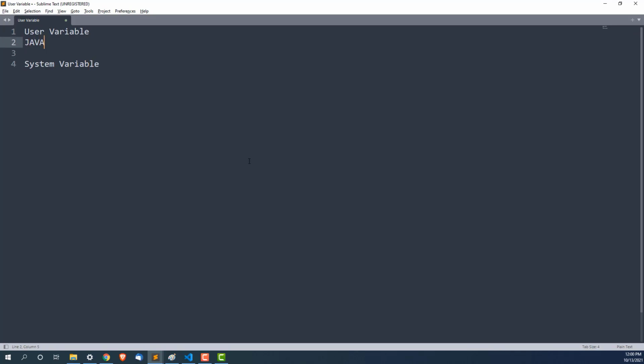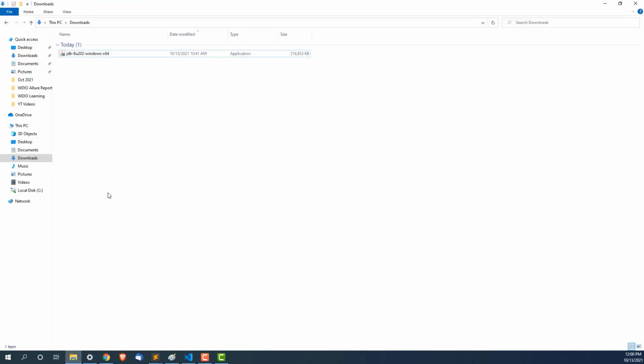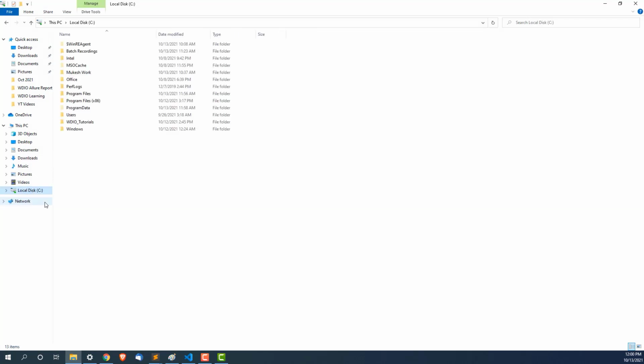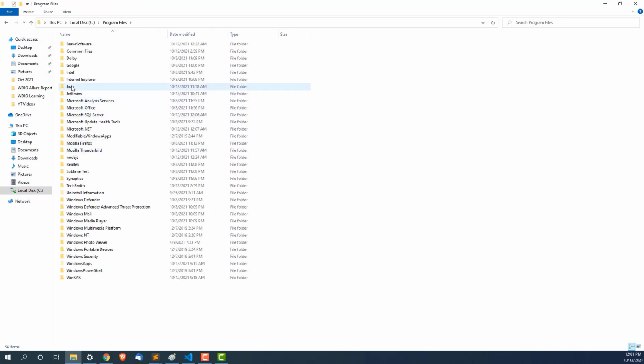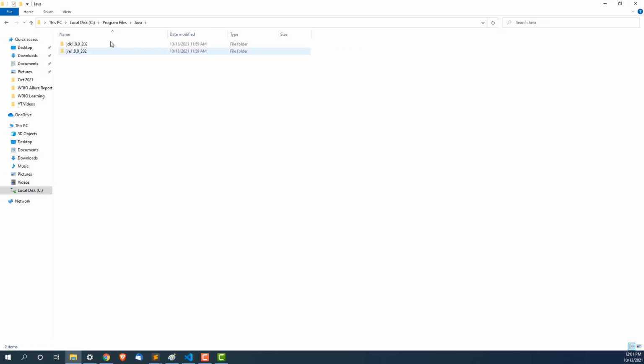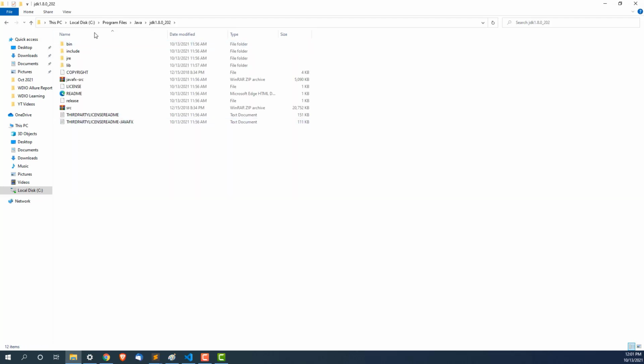Here the name will be JAVA_HOME, and the value will be where Java is installed. Generally for Windows, it goes to C drive, Program Files. As you can see, Java folder, click on Java, and you can see this is the same JDK that we have installed. Click on JDK, and this is known as your JDK home directory.